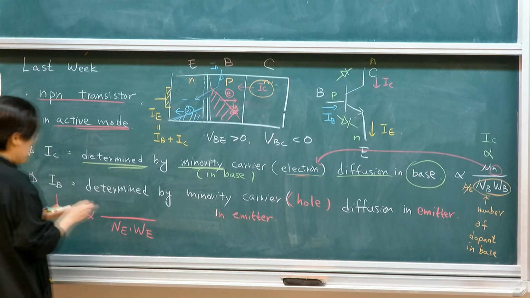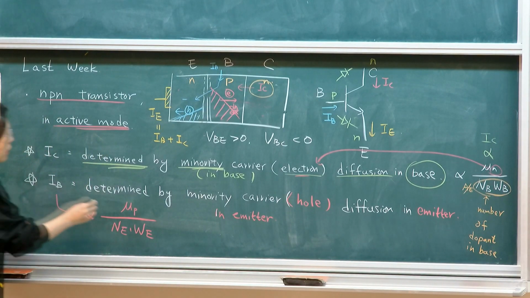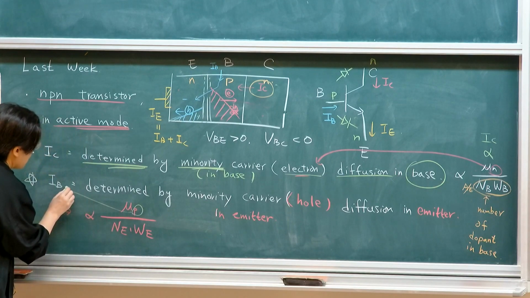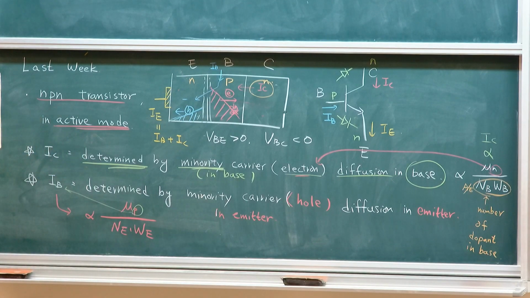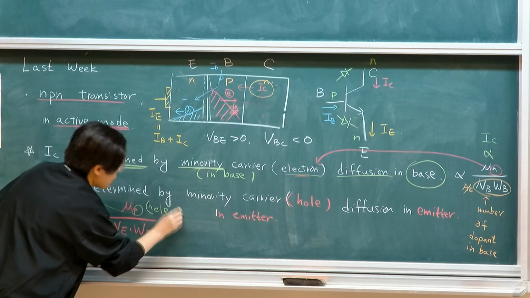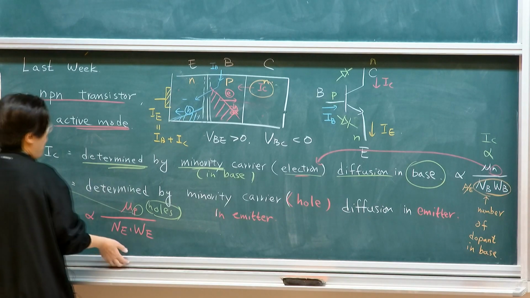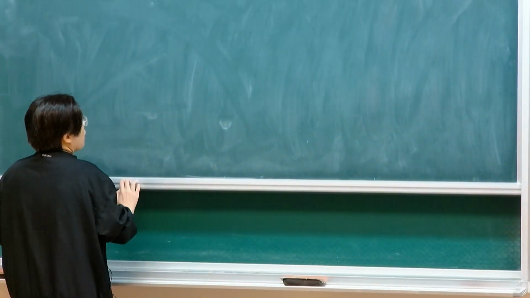And because it's hole, you will see mu p. The reason for this is that it's mainly hole current, which consists of holes. Okay? So the basic understanding will allow us to conclude that